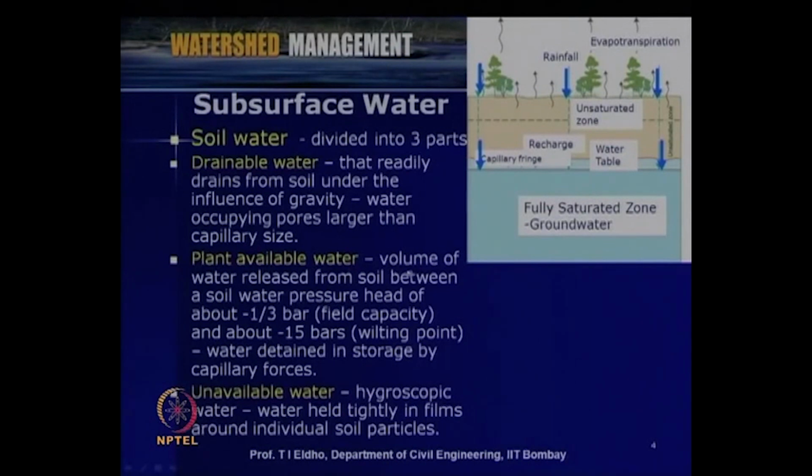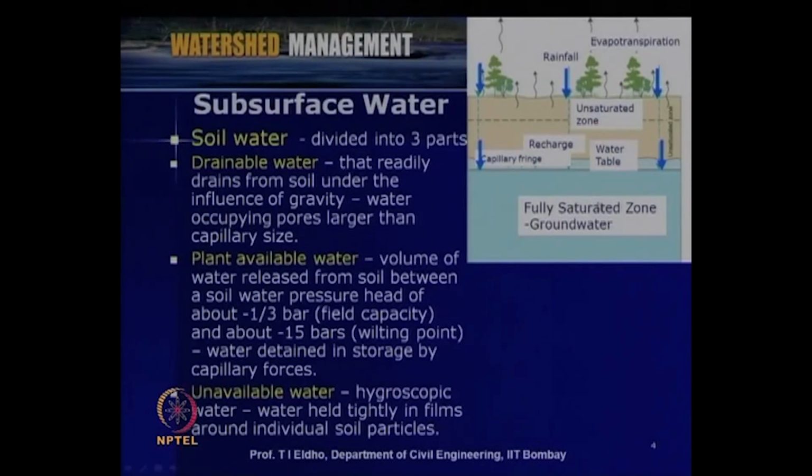So, plant available water is the volume of water released from soil between a soil water pressure head of about -1/3 bar, which is generally called field capacity, and about -15 bars, which is called the wilting point. This water is generally detained in storage by capillary forces. So, you can see that when this water is infiltrating down,